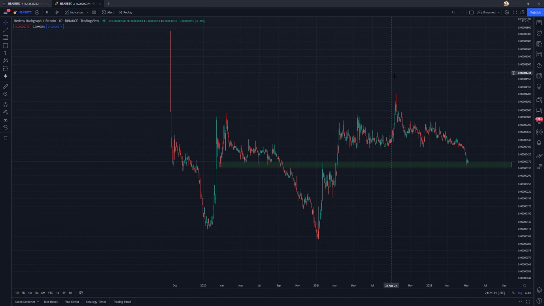So this is going to value the relationship between Hbar and Bitcoin, where if you see this chart moving up, such as right here, that means that Hbar is outperforming Bitcoin, and it's generally moving up faster, or it's moving down less. And on the downside as well, that means Hbar is underperforming Bitcoin.